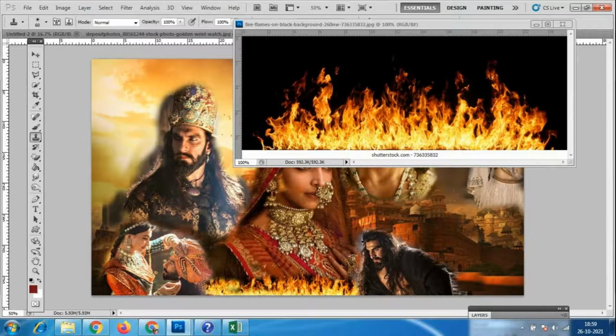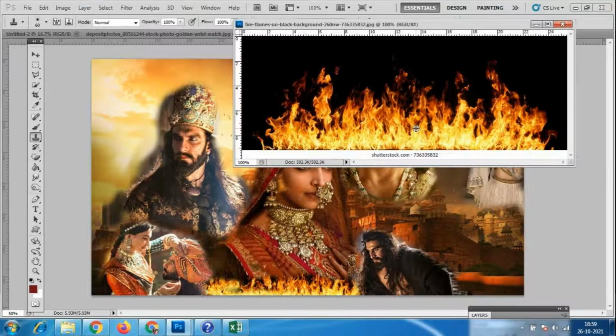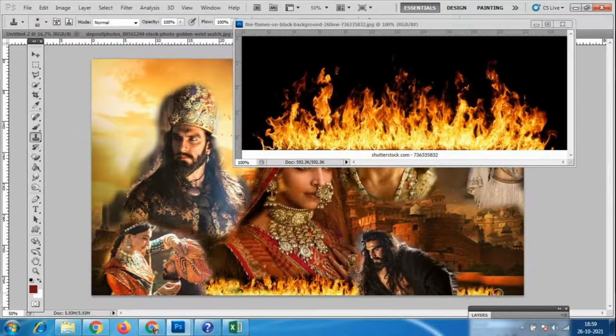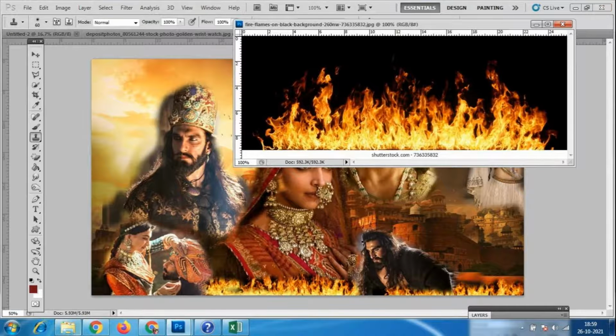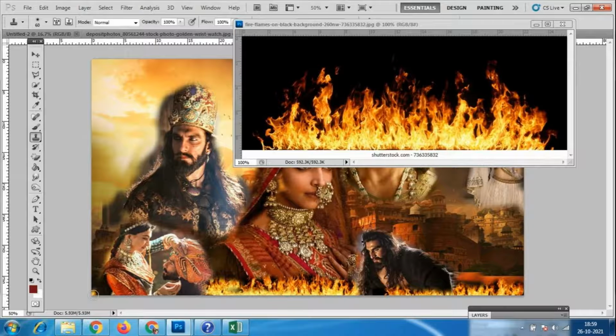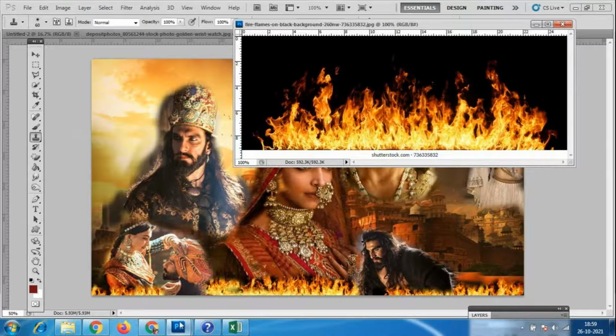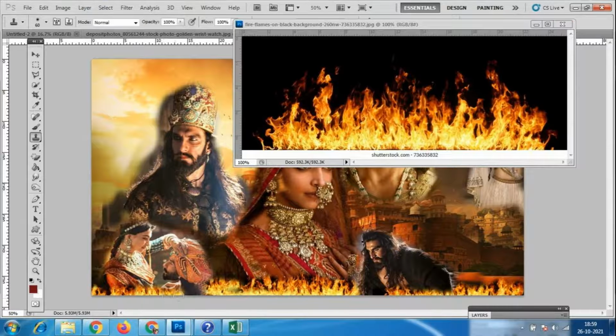Because in this movie I heard that everybody does something with the fire, so some movie theme will be there. So like this you can add the fire here. Again same thing, I'm taking the copy with Alt and left click.